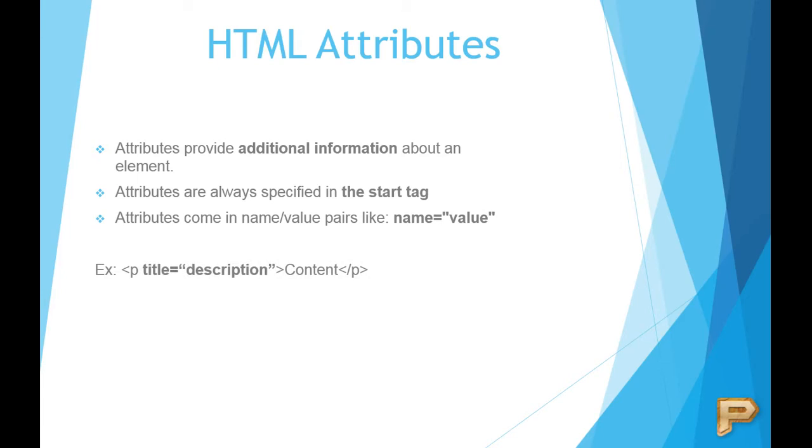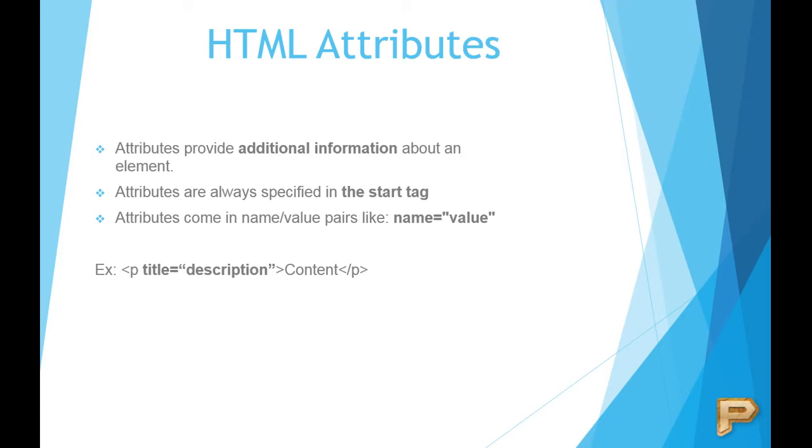Now the example is in front of us. Here we can see a normal syntax. There is a paragraph tag, title equals, in double quotes, its description, then its content, and the paragraph tag is closed. I have already discussed this paragraph tag in the earlier videos, so you can go and check those videos to see what the paragraph tag is all about. Here the paragraph tag tells us that in a paragraph you can give a title, a description, and also the content associated with it.